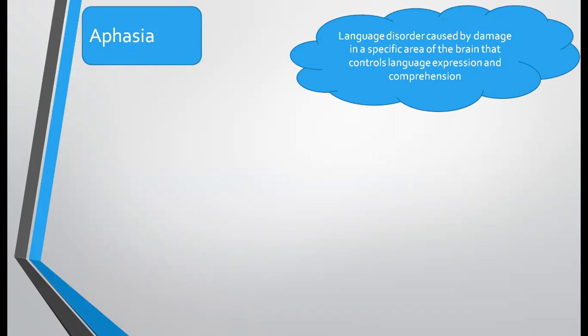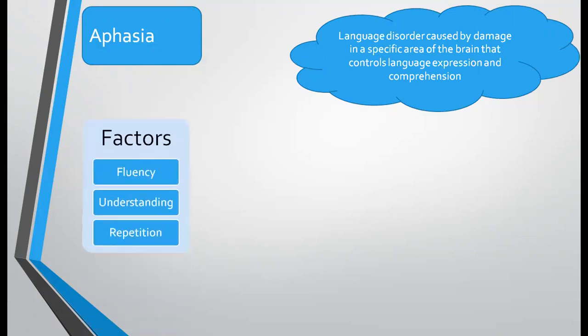In simpler words, problem speaking or understanding what other people say can be called aphasia. So there are multiple types of aphasias and aphasia-like conditions. Although the symptoms of aphasia have many similarities, important differences still exist. So we will be discussing that. There are 8 main types of aphasia, and experts consider 3 main factors when determining which kind a person has. Those factors are fluency, understanding, and repetition.